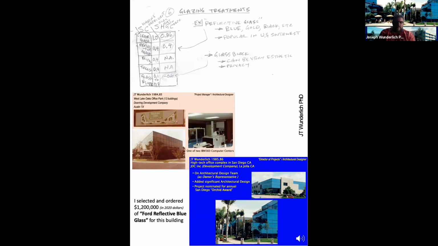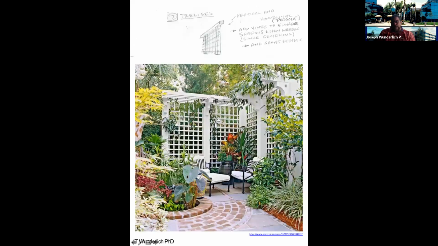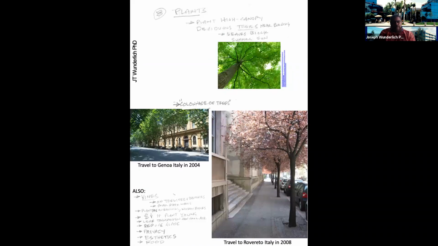This project you see behind me is this one here, where I ordered $1,200,000 worth of Ford blue glass. I was happy to do it because I actually had to end up buying $1 million of steel. And actually, in today's dollars, it'd be over $2 million of steel from Japan because there was this pending strike in Pittsburgh. And I was from Pennsylvania. I really didn't like having to do that. But so critical path with liquidated damages I put in the contract for the contract to get done. We had to get the computer company in and all that. Anyway, trellises, plants, visits to Italy,